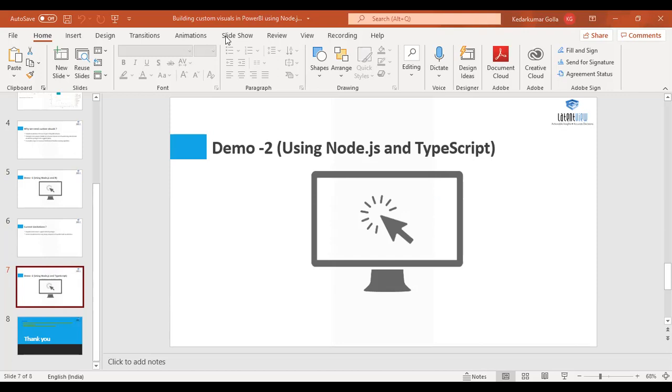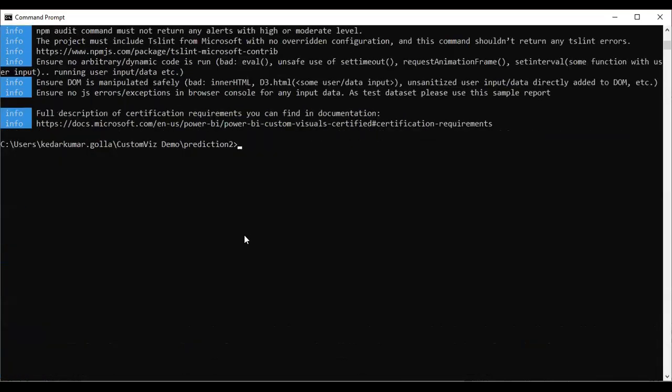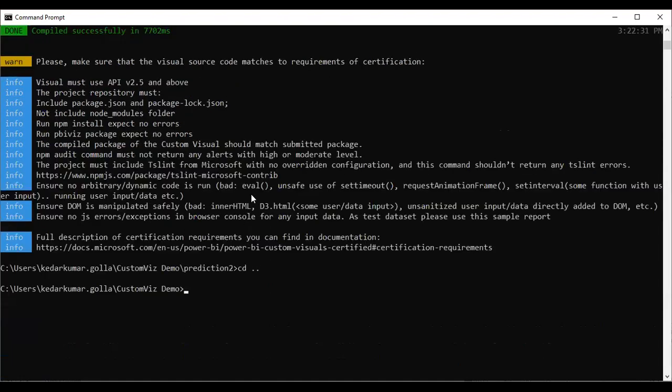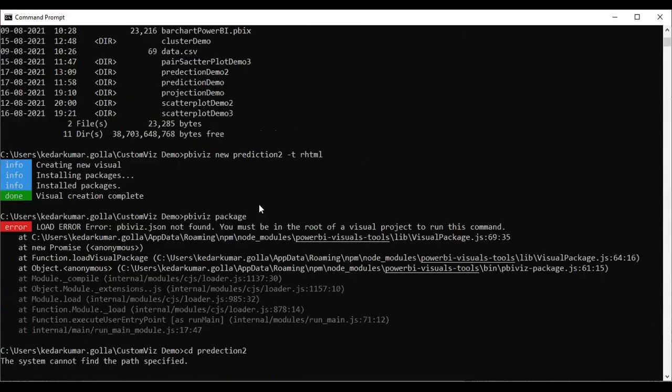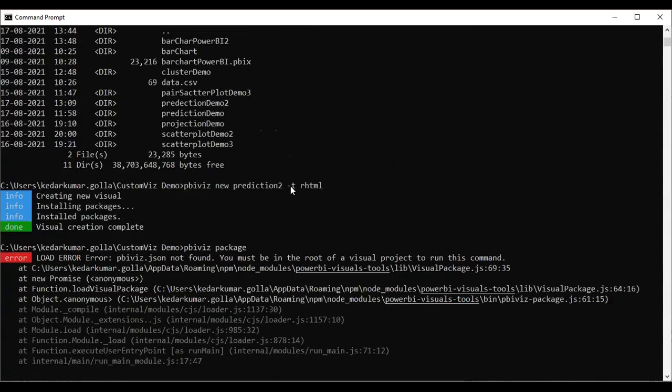To create that, previously we ran the extension -t R HTML to create R-based custom visuals.